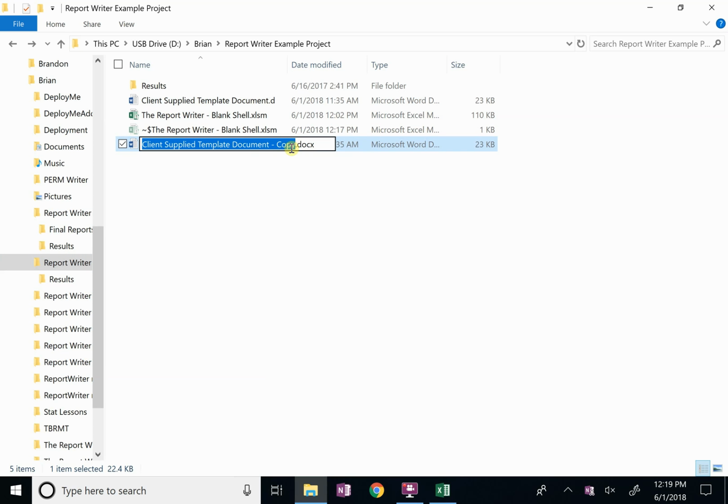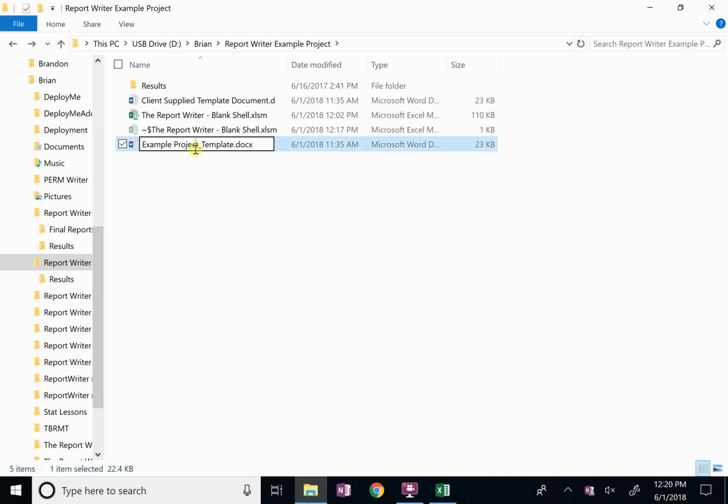And I'll come up with a different name. We'll call it example project. Now here's the key, _template. This is a must. This is how it knows that this is the template document. There's a lot of reasons for it, but we need to specify that the template document must have _template. You can't just point to a document that's your template document. It's a requirement of the report writer, just to keep things clear. So there you go. That's going to be our name of our